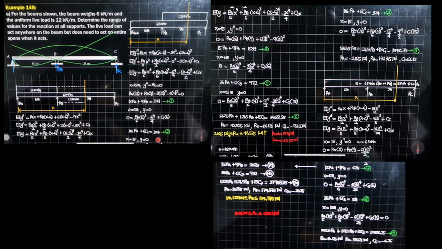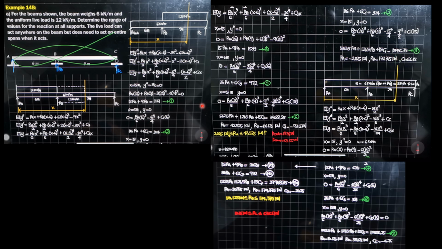Then the continuation to the solution here will be here. So from here, you proceed to there. When X is 15, Y is 0. So 0 equals, into this equation, RA 15 cubed over 6 plus RB 15 minus 6, 9 cubed over 6 minus 15 to the 4th over 4 minus 15 minus 6, so 9 to the 4th over 2 plus C sub 1 times 15 equals 0. Simplifying, that's 562.5 RA plus 121.5 RB plus 15 C sub 1 equals